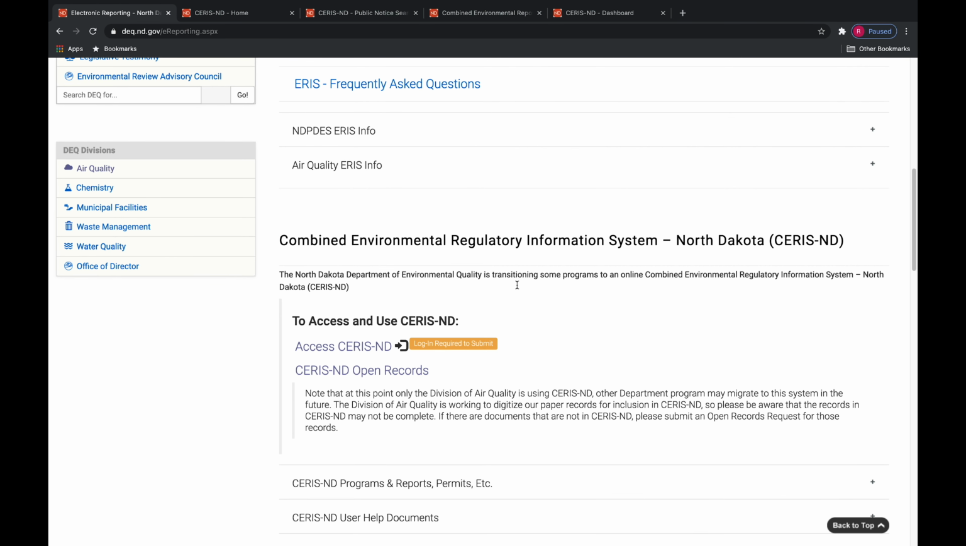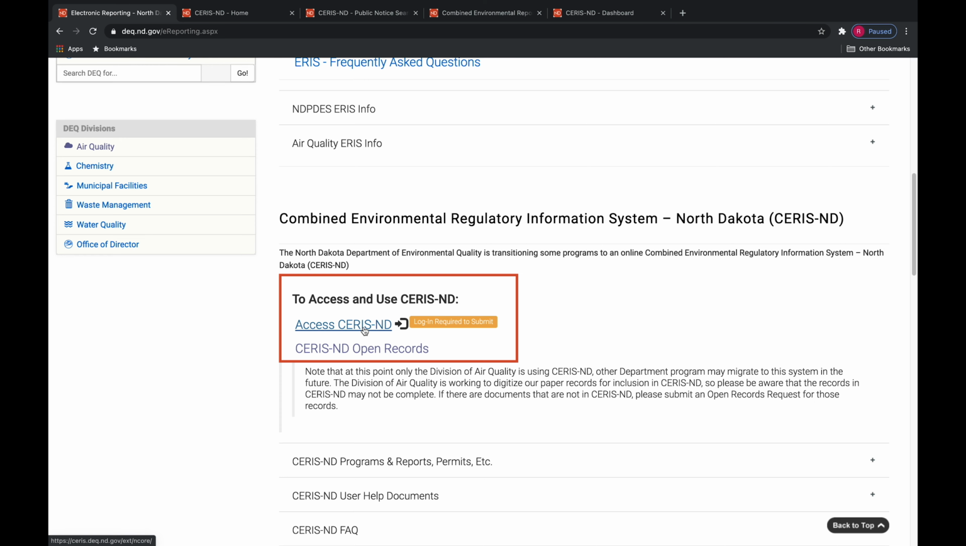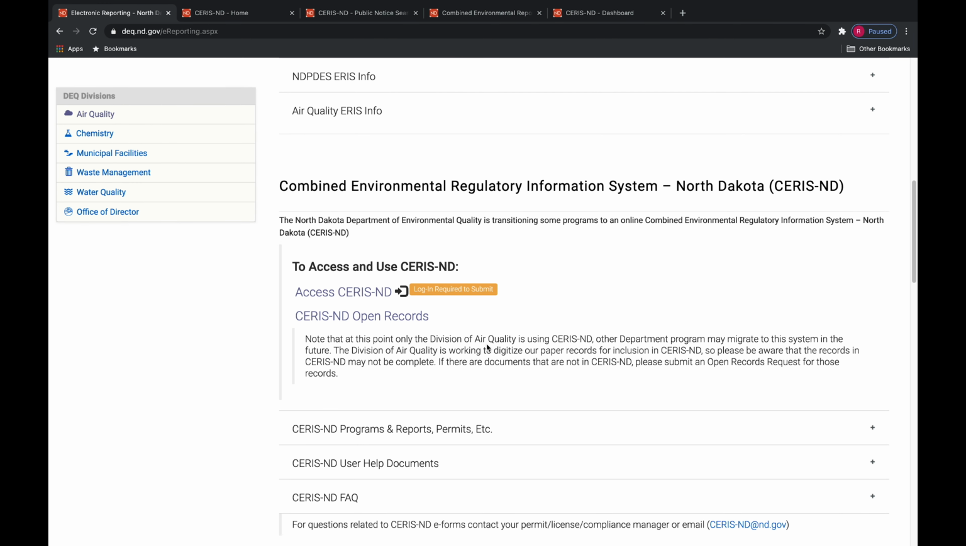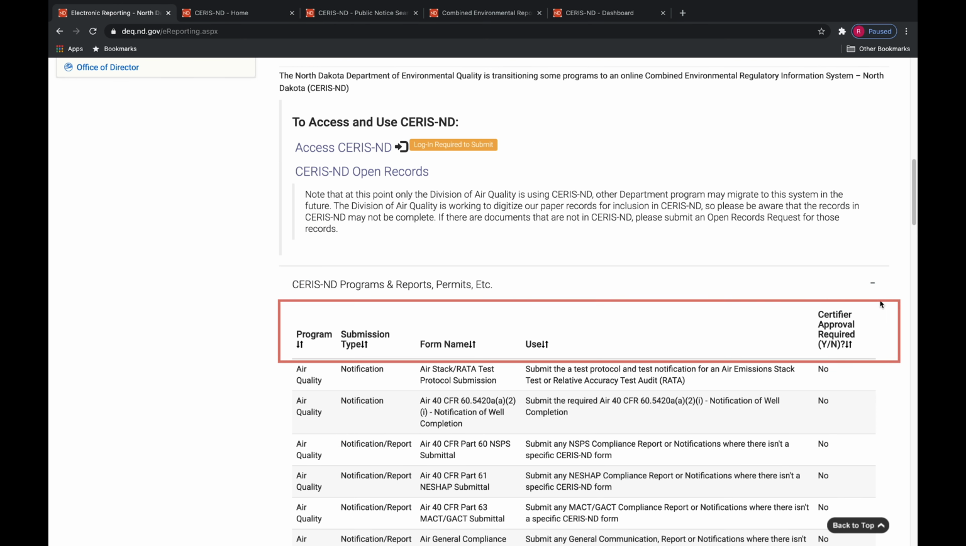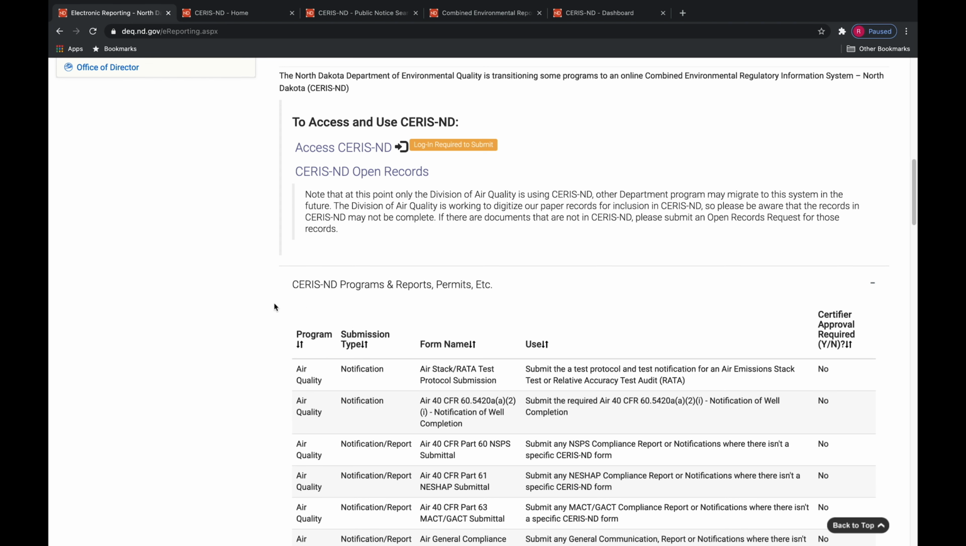Here you will see two links. One link will take you to the main login page for registered users. The other link will take you straight to our Site Explorer to view open records. In this area, we also have a listing of help documents and FAQs that will be updated. You'll also see a listing of all programs, submission types, form names, their use, and whether or not they require a Chrome Air approval. This listing currently includes all of the forms that are available and will be updated as